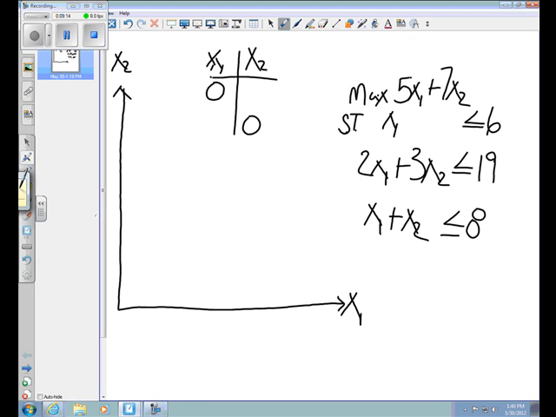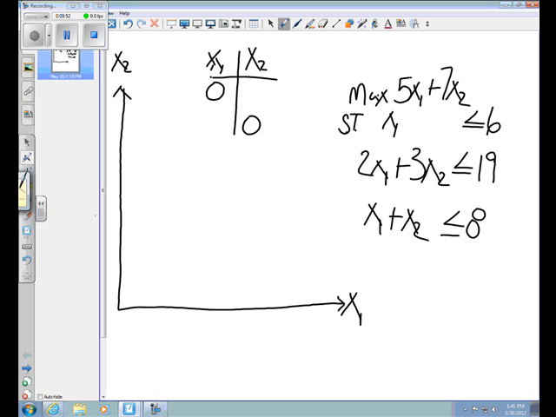So if you look at this equation and you say 2 times x1 plus 3 times x2 has to equal 19, and then you say, okay, we're going to set x1 equal to 0. Well, that's anywhere on the x2 axis. So if x1 is 0, what does x2 have to equal? Well, I'm going to bore some of you. For some of you, you're thinking way back to high school. But what we're going to do is say 2 times 0 plus 3x2 equals 19. Well, of course, 2 times 0 is 0, so we're left